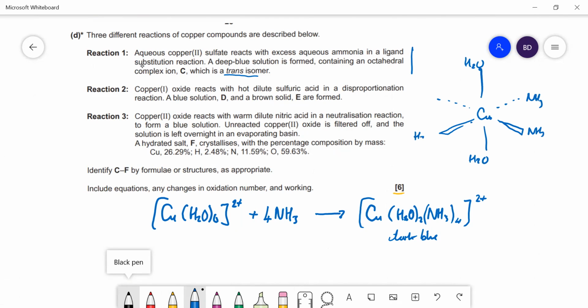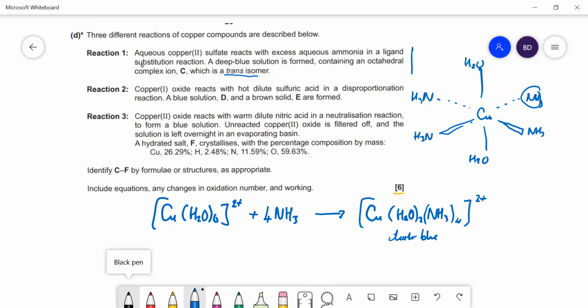Okay, so if you had the water molecules, which doesn't happen, but if one of these was the water molecule, that would be the cis isomer. These H2O ligands are opposite each other. Right, reaction 2 then. Oh, by the way, there's no redox occurring in that, so we don't need to talk